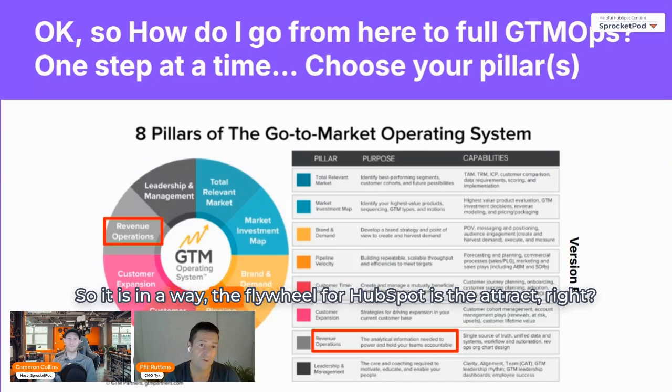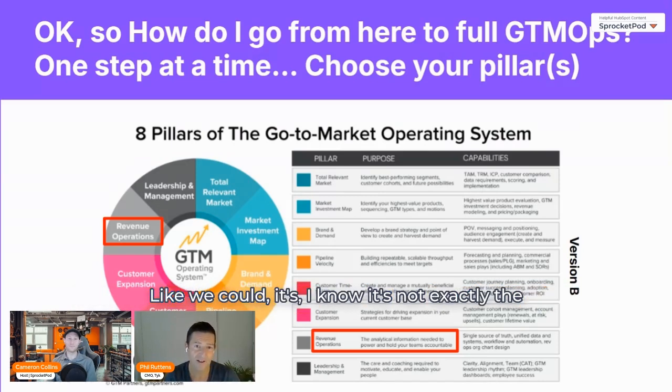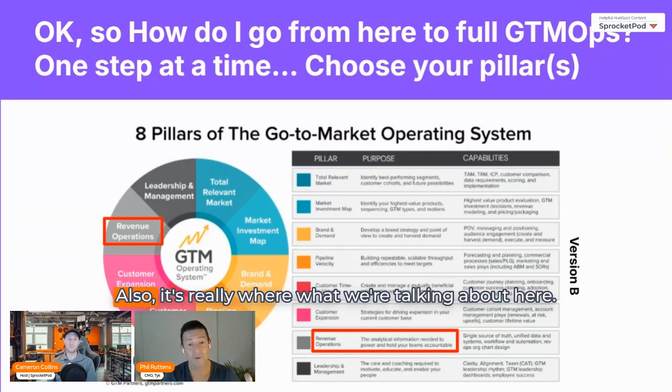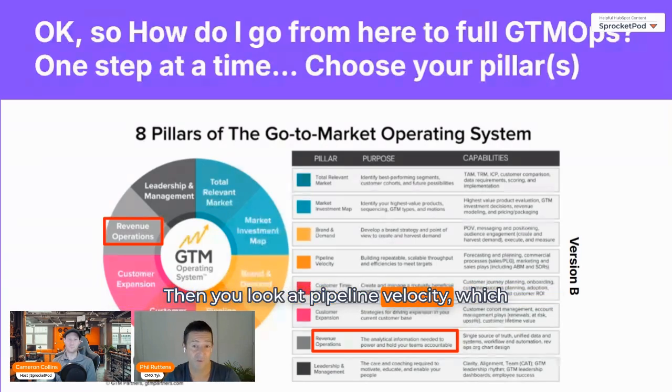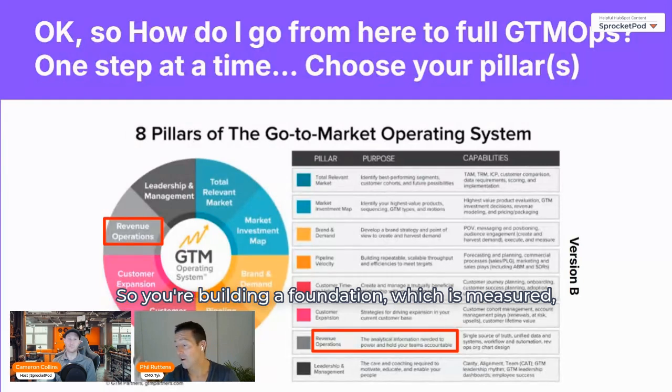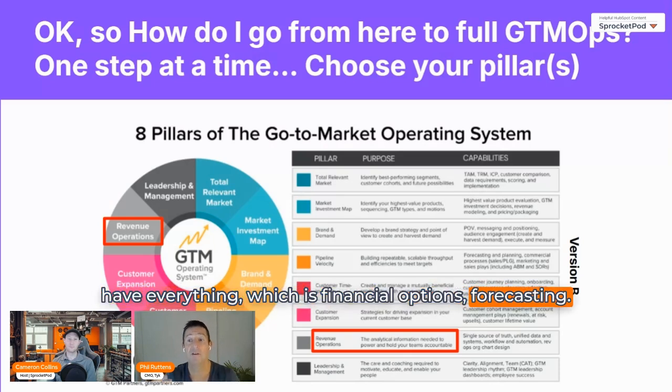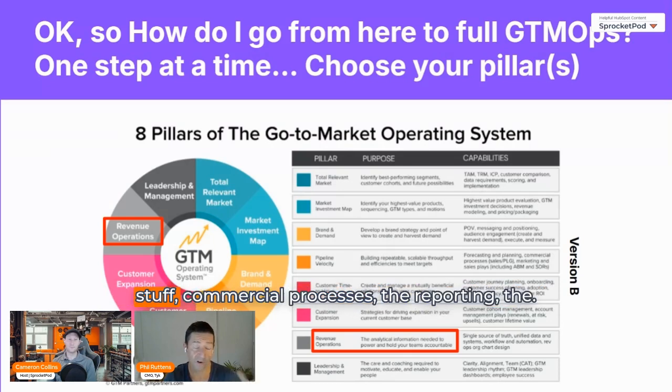So it is, in a way, the flywheel for HubSpot is the attract, right? I know it's not exactly the same, but attracting the top funnel and engaging also is really what we're talking about here. Then you look at pipeline velocity, which is for me the closest to sales in a way. So you're building a foundation which is measured, obviously, predictable, scalable, hopefully, where you have everything which is financial ops, also forecasting, and you have obviously all the commercial stuff, commercial processes, the reporting, the playbooks,